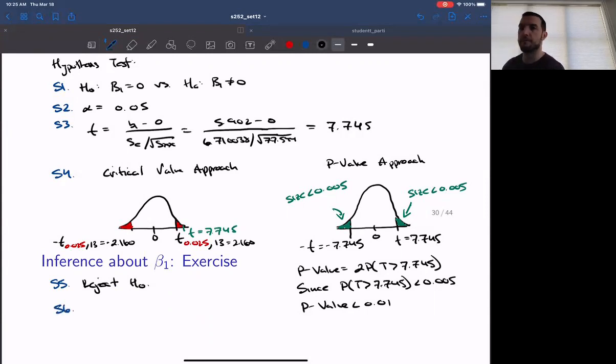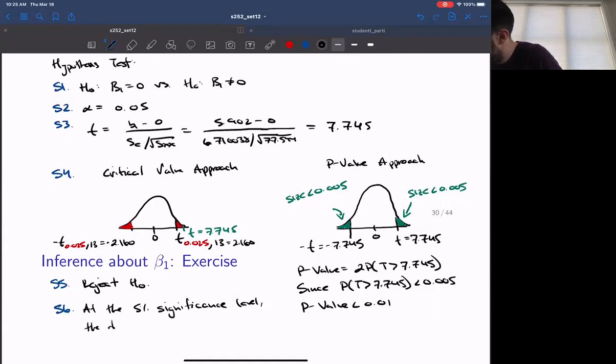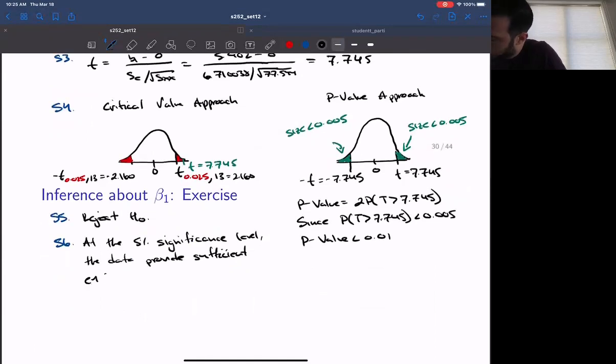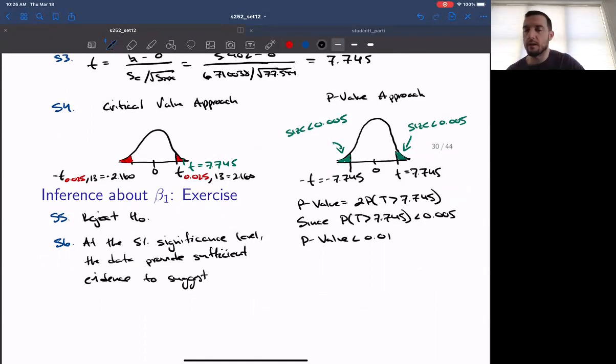And then on step 6, we actually have a lot of different options for how we conclude. The first part will be the same. So at the 5% significance level, the data provide sufficient evidence to suggest. Now we can say something very stock like to suggest that beta 1 is different from 0, but usually in this context,